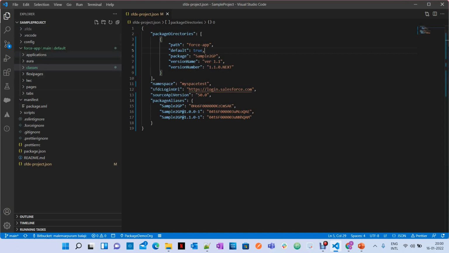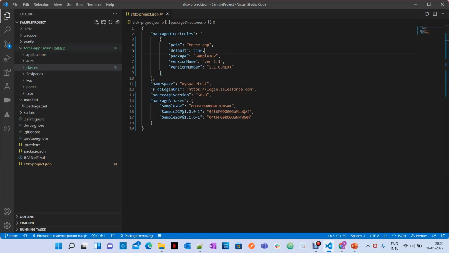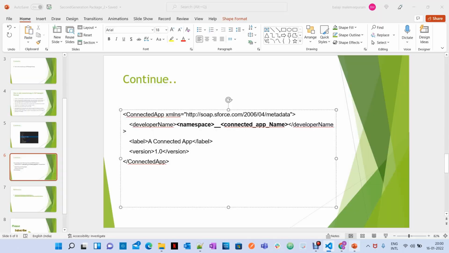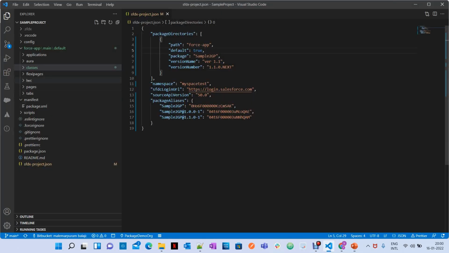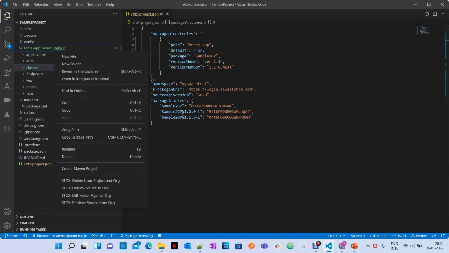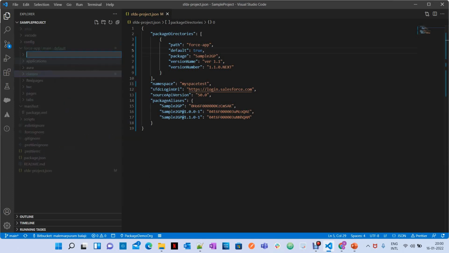Here I'm going to create a folder called connected apps, and then you have to create an XML file.